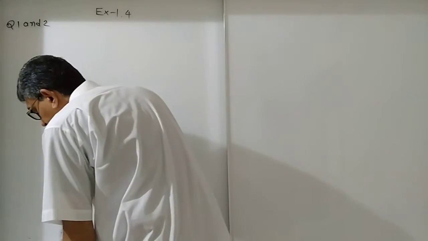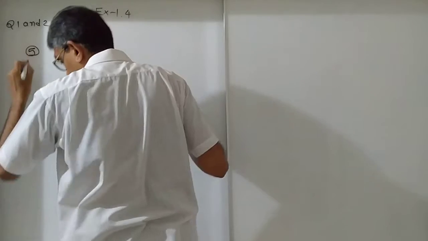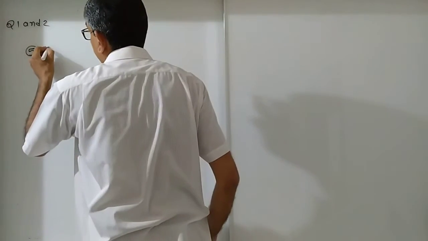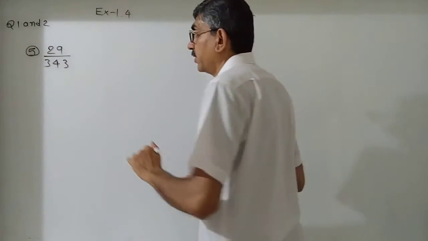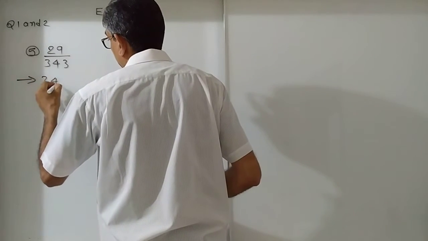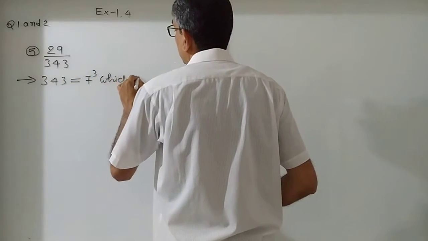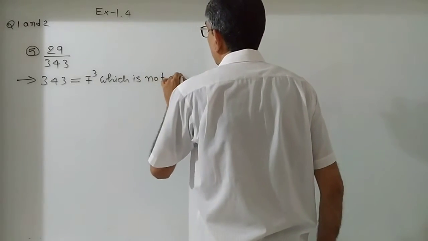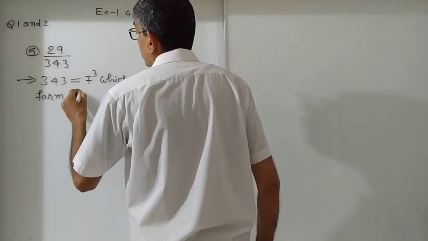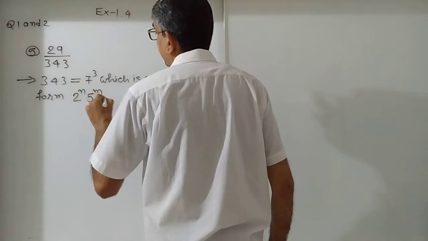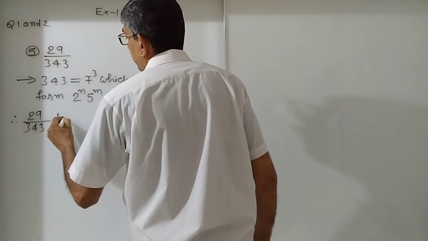Now the next sum is 29 upon 343. First, 343 is equal to 7 cube, which is not of the form 2 raised to n, 5 raised to m. Therefore, 29 upon 343 does not